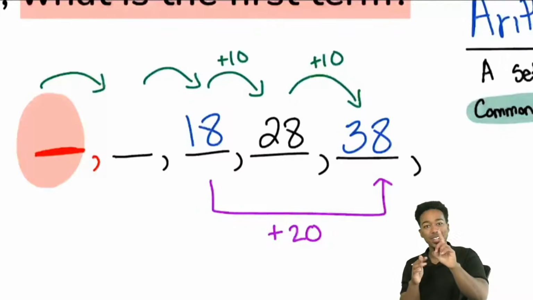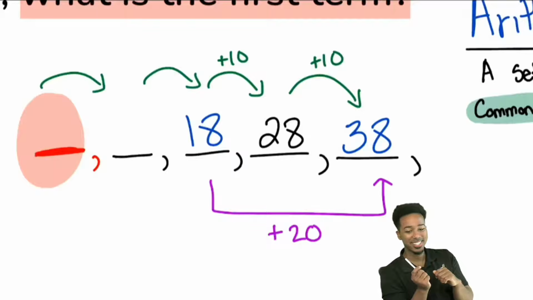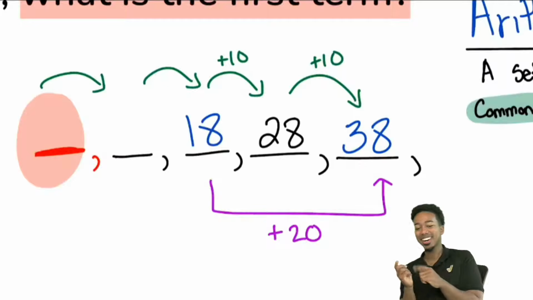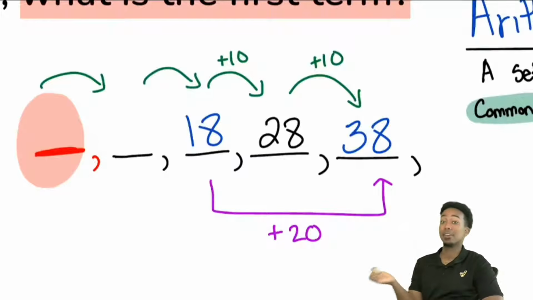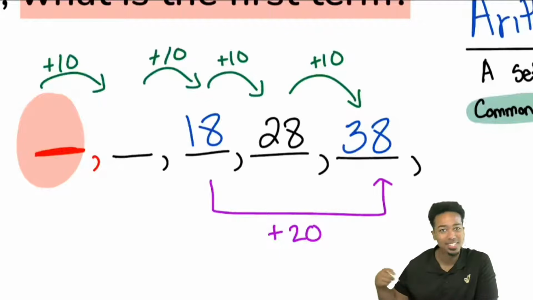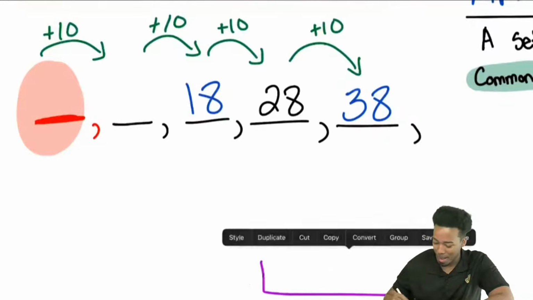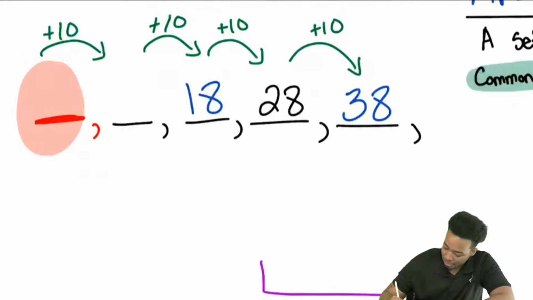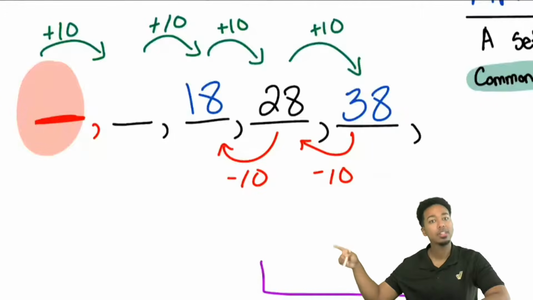So now that we're here, everybody, we're not working forward in this problem. We are working what? Yeah, we're working backwards. So if we want to go back to the first term, to move forward, if we started here, we're adding 10, adding 10, adding 10 every single time. But if we're working backwards, oh, no, no, no, no. We have got to work backwards. So that means, hey, subtract 10 if we're going backwards. And that makes sense. 38, 28, 18.